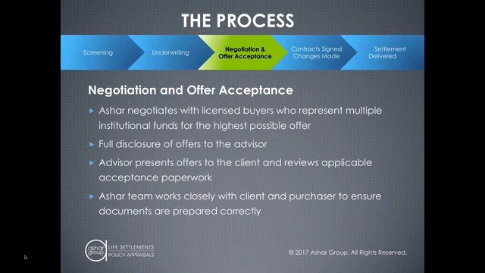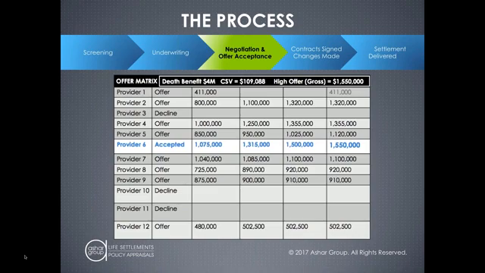So they're running a business as well. So we're going to guide you through this part of the process, and they guide their fund and their investors on their side of the process. We're going to provide full transparency and provide all the appropriate paperwork and guide you through that whole acceptance process itself. Once again, here's that snapshot.